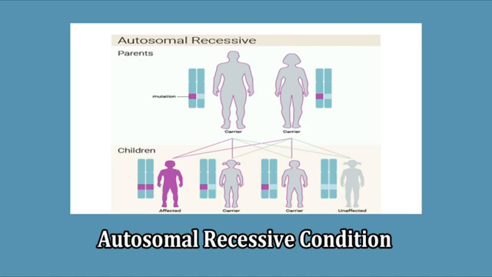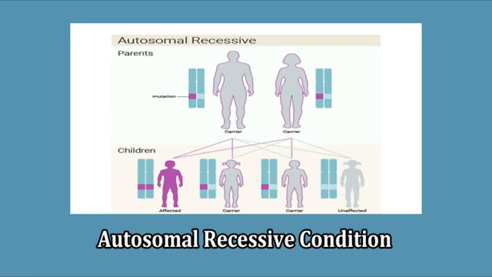If the father has one altered copy of the gene, capital A small a, where capital A indicates the normal copy and small a shows the affected one, and the mother also has one affected gene, capital A small a, then the possible children are capital A capital A, capital A small a, capital A small a, and small a small a.